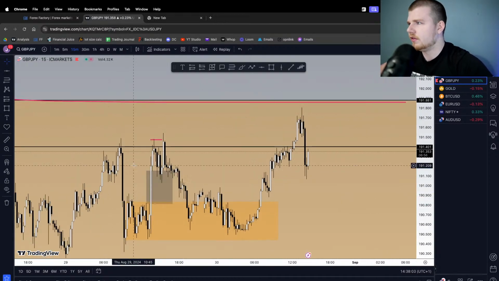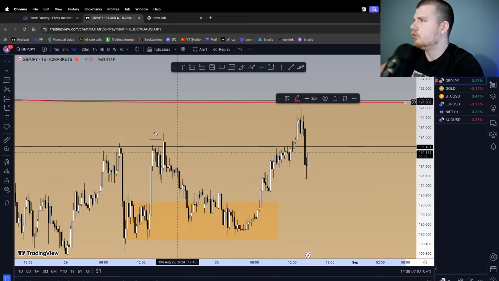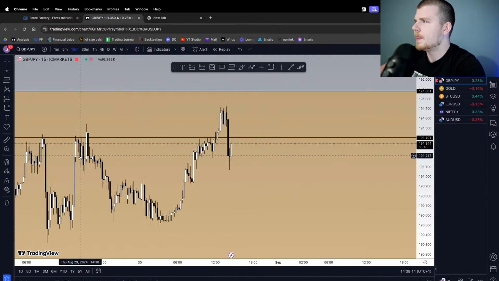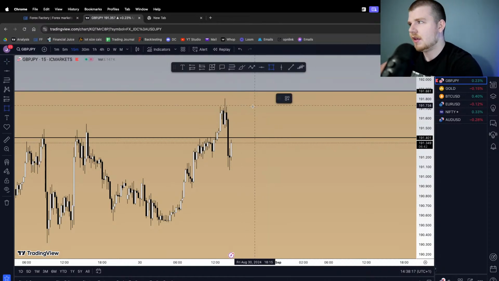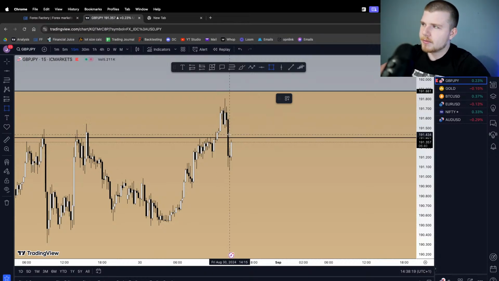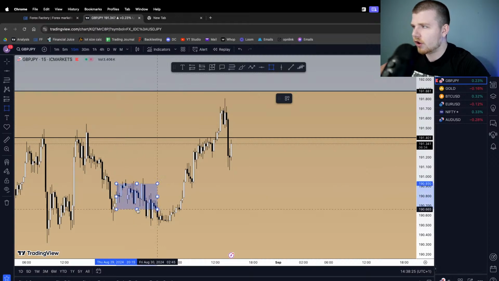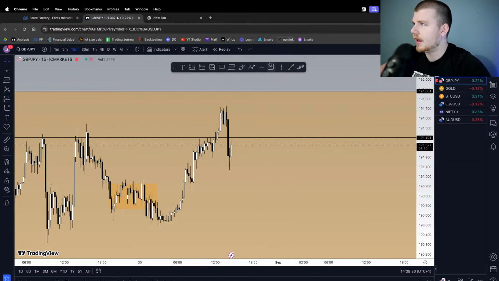We can get rid of these. We don't really need to keep this. We're going to get rid of a couple drawings as well. We're going to get rid of these and this. And now if we just look at what's been going on yesterday, this should be pretty straightforward. For anyone who wants to trade AMD, they should know this by now. Go back to the most recent consolidation right here. And that is our accumulation. Then we follow price forward to get to the most recent price action.